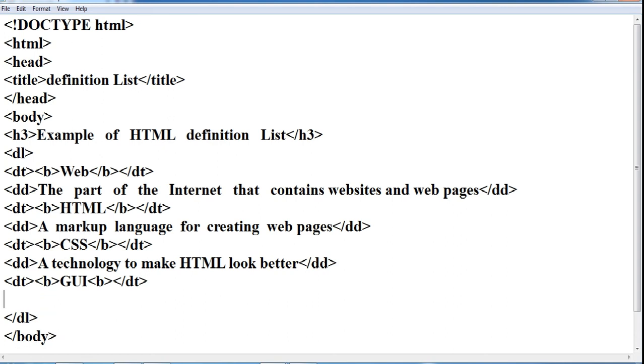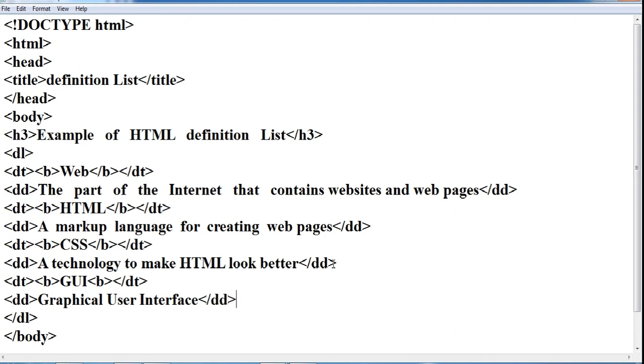And my definition will be, I'm just writing its full form, I'm not writing its definition. So what is its full form? Graphical user interface, and the DD is closed here.